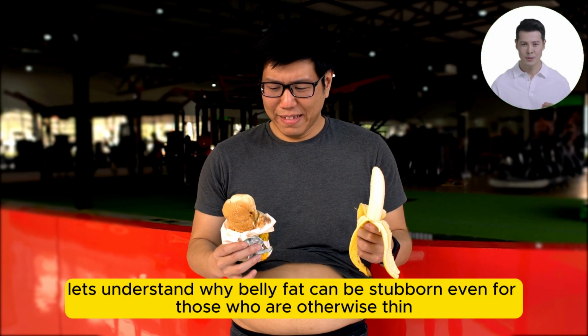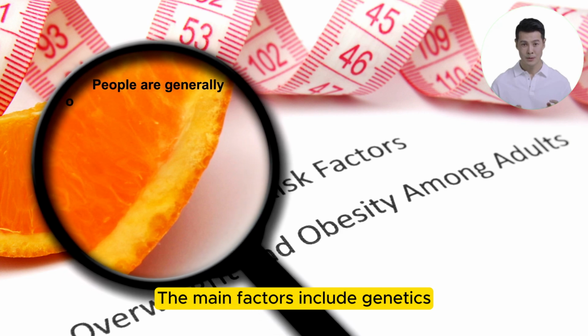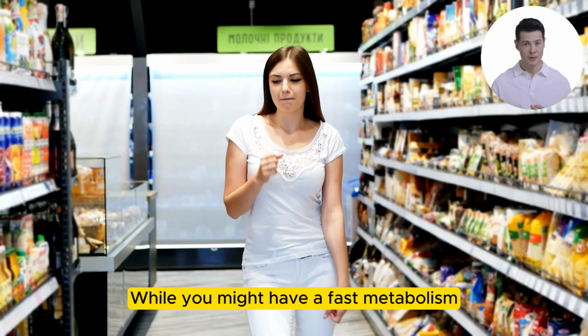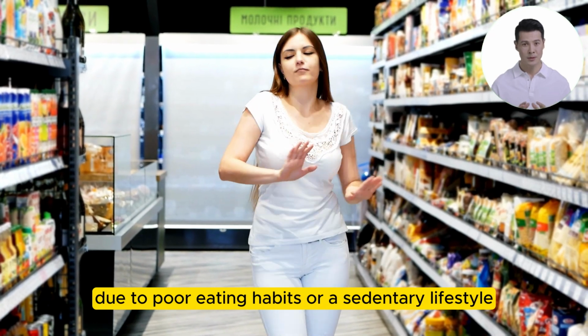First, let's understand why belly fat can be stubborn even for those who are otherwise thin. The main factors include genetics, diet, lack of targeted exercise, and overall body composition. While you might have a fast metabolism, belly fat can still accumulate due to poor eating habits or a sedentary